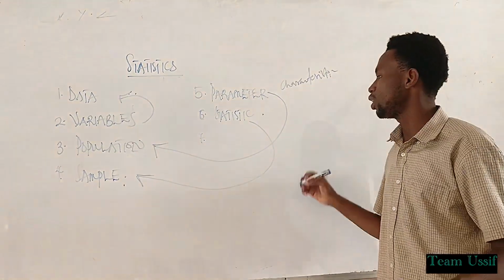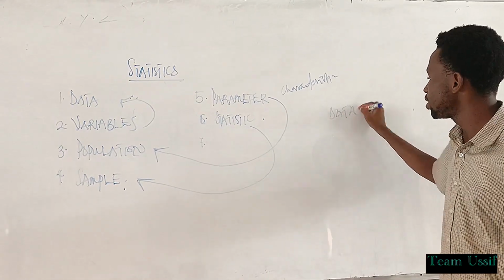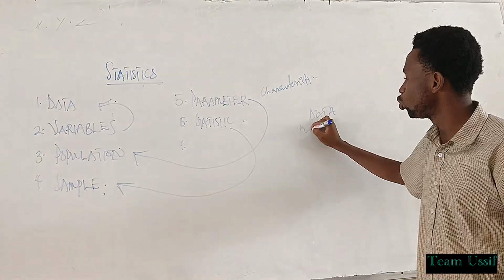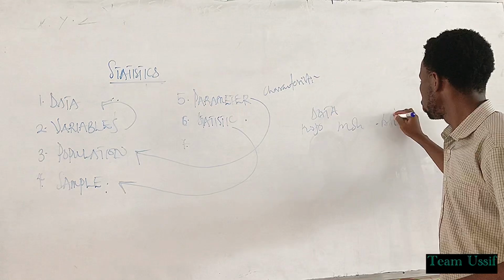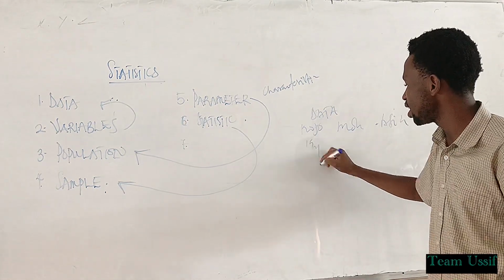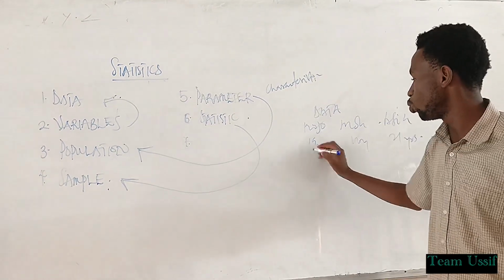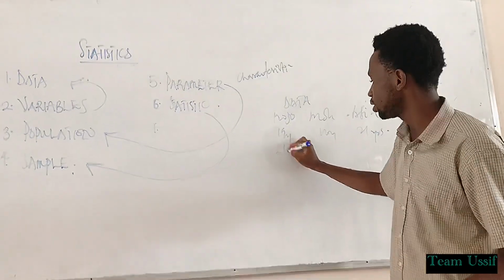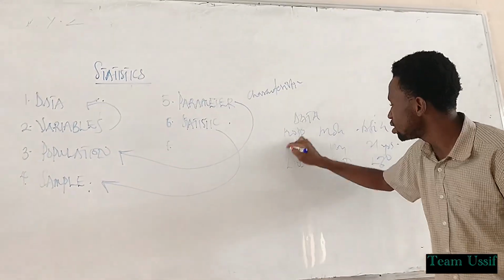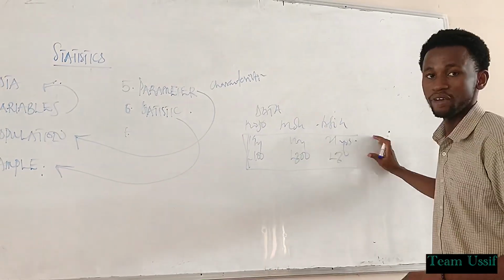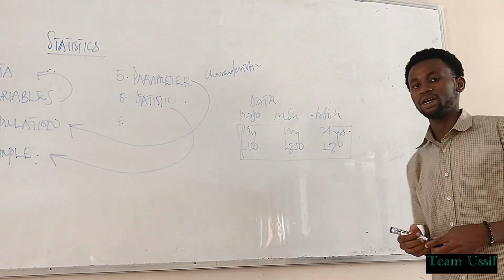So for example, you went to collect data on height. So you can have data, maybe the data of Uju, the data of Muhammad, the data of maybe Efia. And you have maybe 19 years, 16 years, 21 years, you understand? So this is what, in level 100, level 300, level 200. So these things are the variables, and the overall information is the data, you understand?